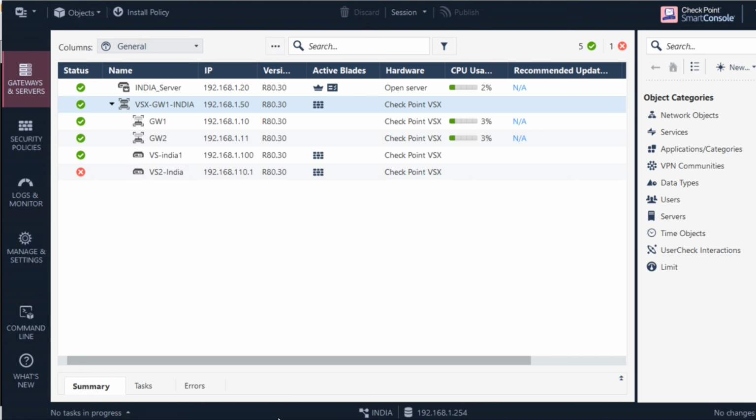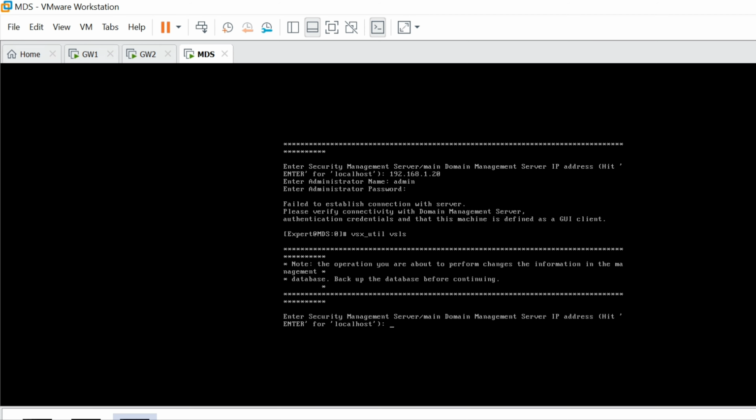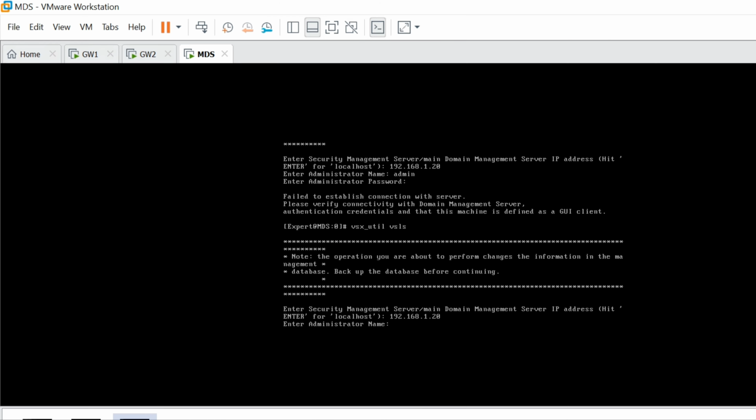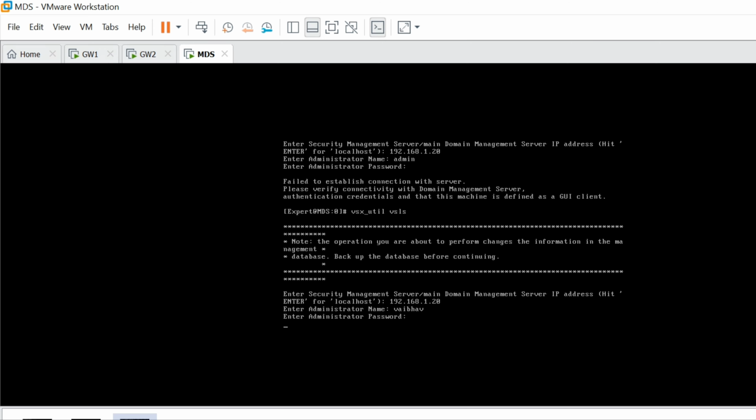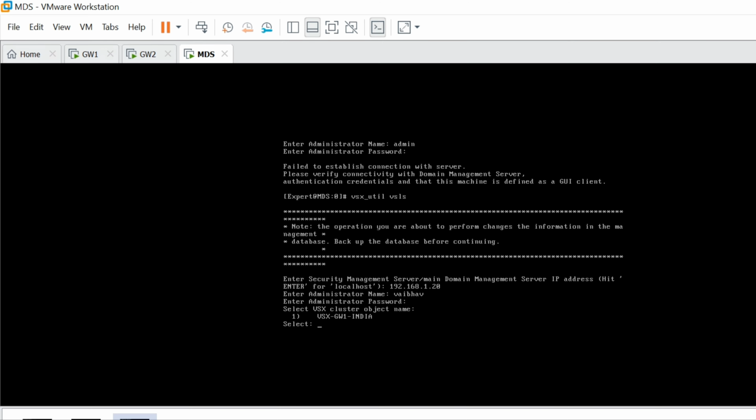Let's put the correct username and the password this time. 192.168.1.20. Username is Vaibhav and the password, I will not tell you the password I have put.